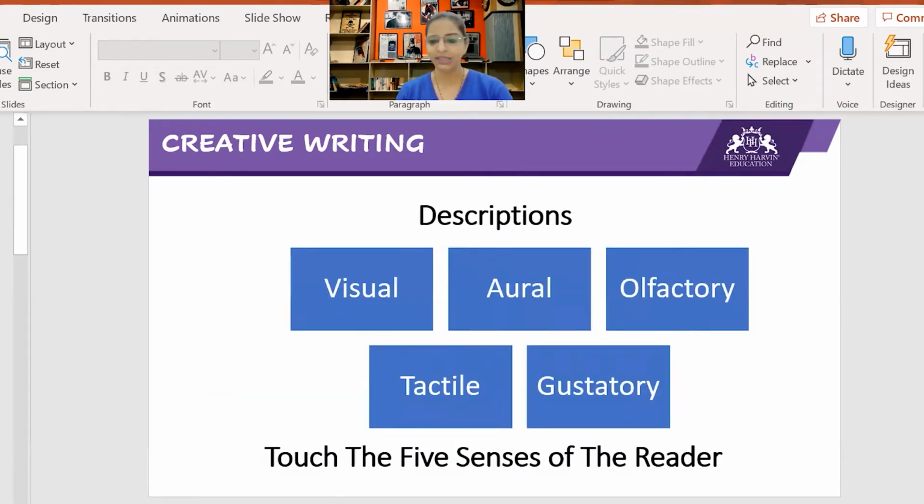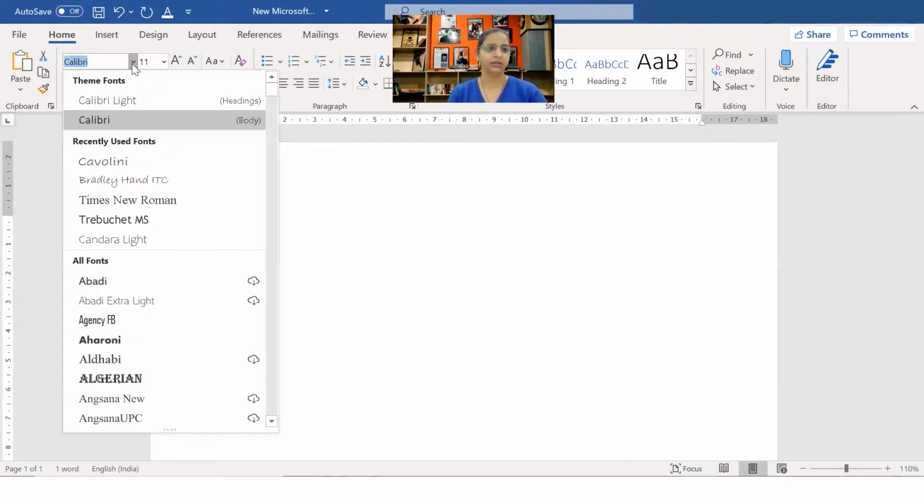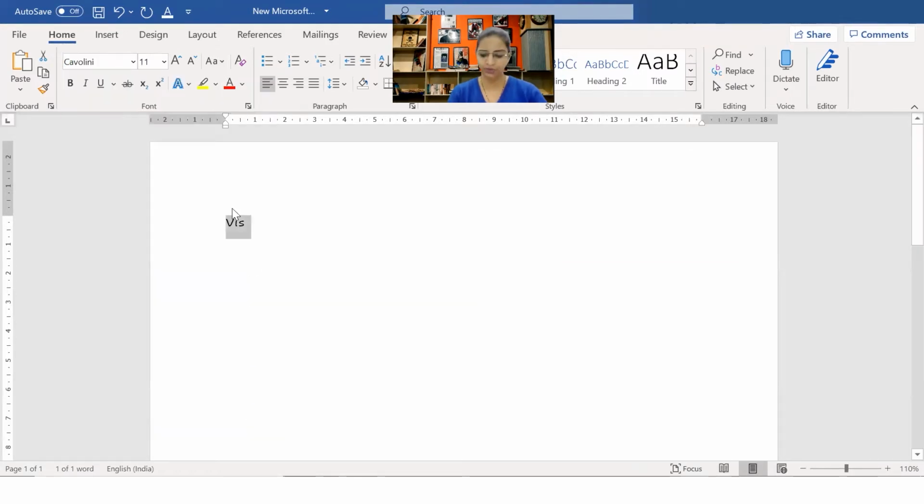Let's understand on a Word file. Let's understand visuals. I'm creating a bigger font so that you are able to see it. How do you create visuals in the reader's mind?